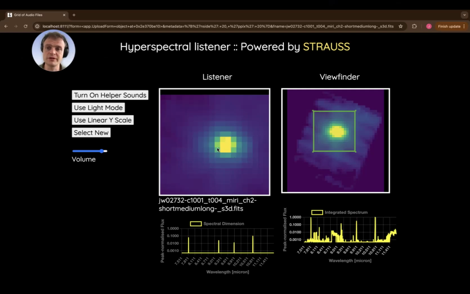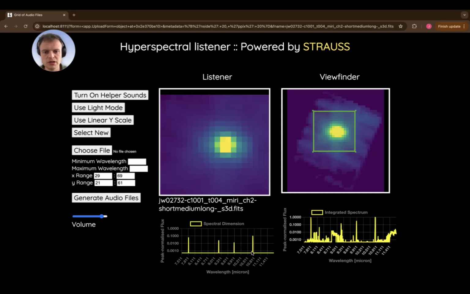So this is one regime where we're listening to a sort of broad spectrum that might have multiple spectral features in it at the same time. We can listen to them emerge and disappear. But another thing that we could do with this approach is listen directly to the kinematic or dynamical structure of a galaxy. So to do this, one thing we could do is zoom in on the spectrum around a particular line. So this one is at around 10.7 microns. So if I zoom in on this one,